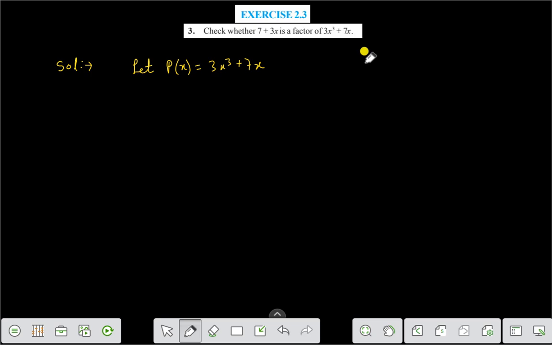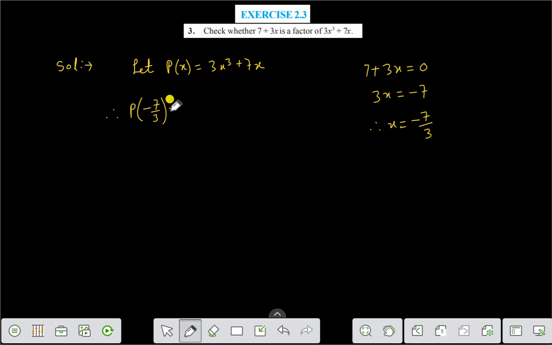Now let 7 plus 3x equal to 0. By using the remainder theorem, we are getting 3x is equal to minus 7. Therefore, x is equal to minus 7 by 3. If we put p of minus 7 by 3,